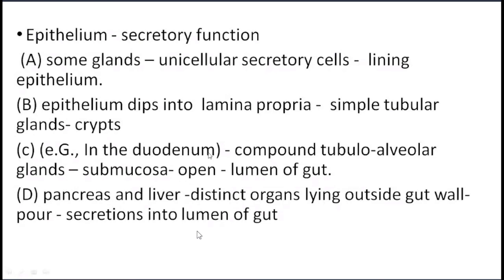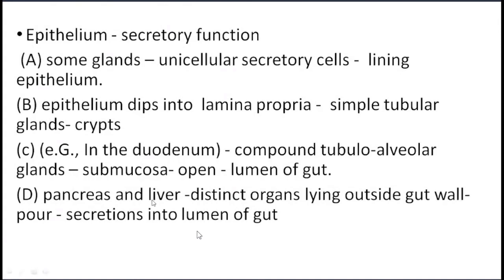You have studied the small intestine, right? In the small intestine you have seen that a compound tubular gland is present, and what are those glands called? The typical name is there. Brunner's gland. Good, Brunner's gland. So these Brunner's glands are the compound tubular glands which are present in the submucosa.